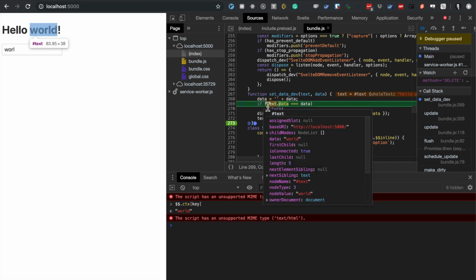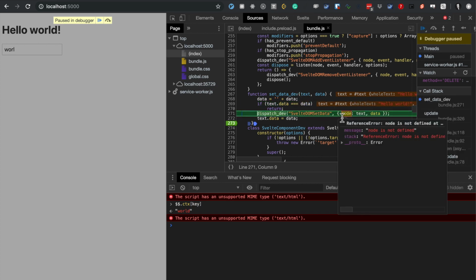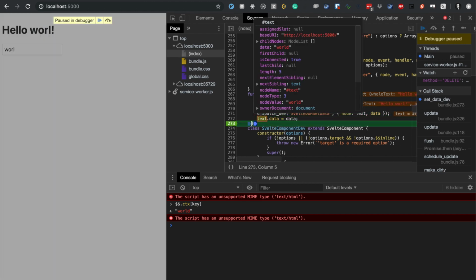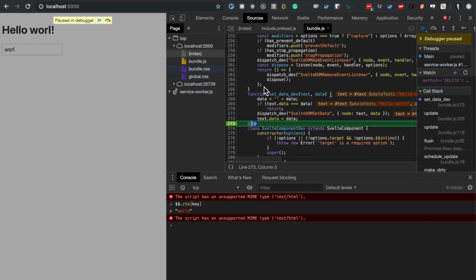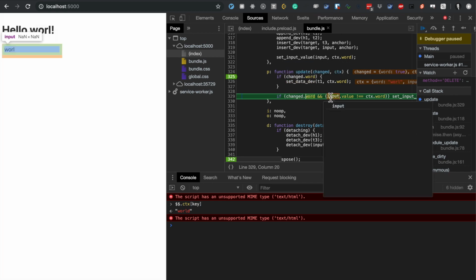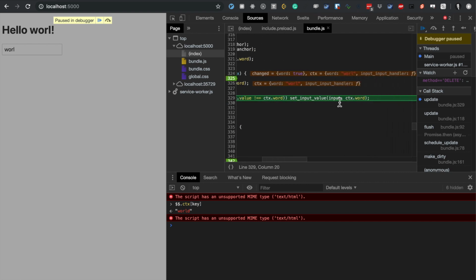If text.data equals that, which is not, we'll dispatch this thing we'll just ignore, and then this is the actual update right here. Right here is where the action is happening. See, that's a change there. Right, so then we've got this thing called changed word, and if input value is not equal to this one, then we set it